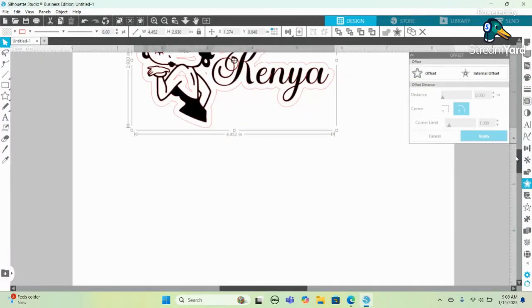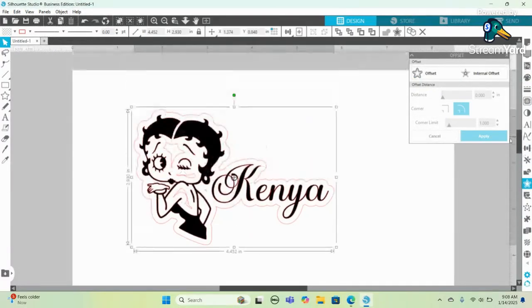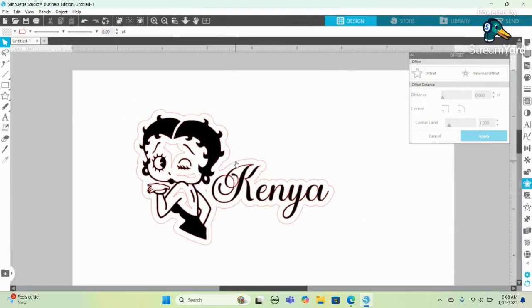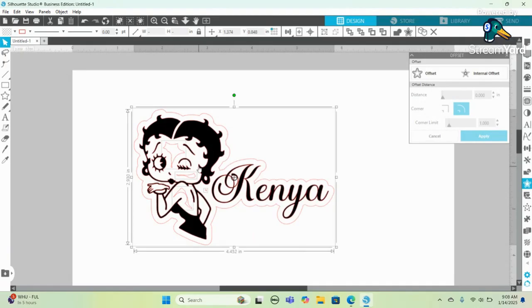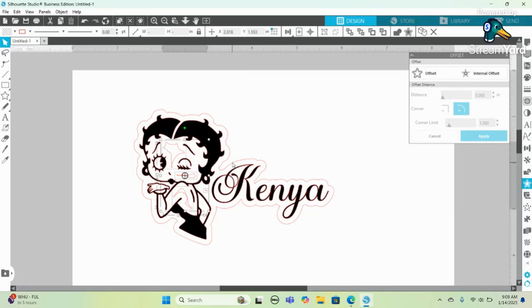As you notice, Betty Boo got some things in her face. So what I'm going to do is highlight and push release compound path. As you notice, there's a box around the offset and these little pieces. I'm going to hold down shift. I'm going to deselect the offset, and then leave them little pieces highlighted, and then I'm going to push delete. Change the color